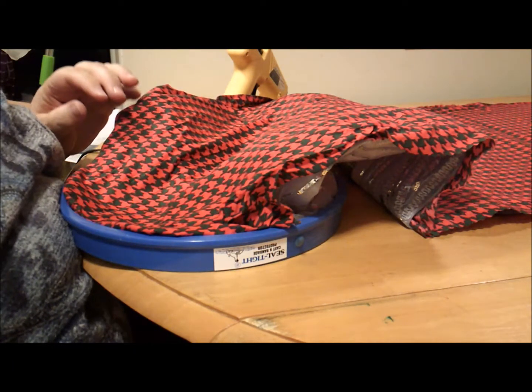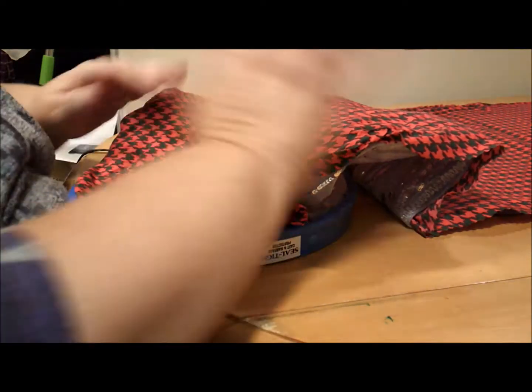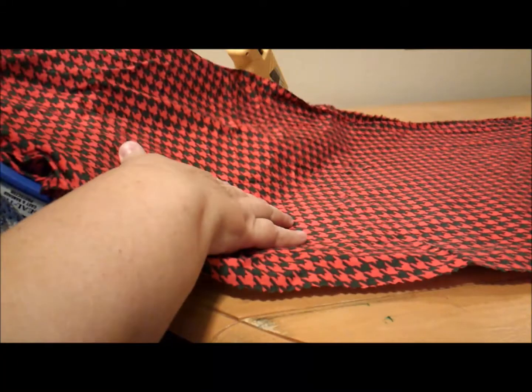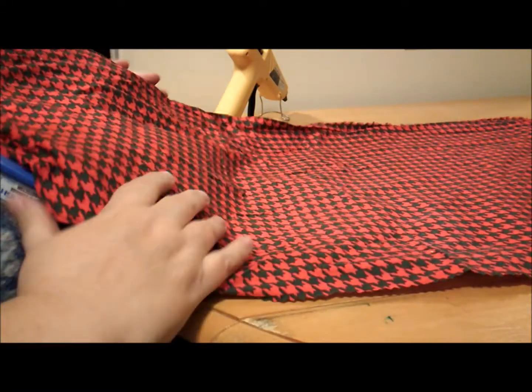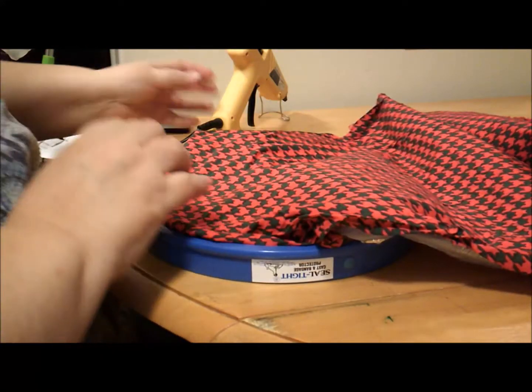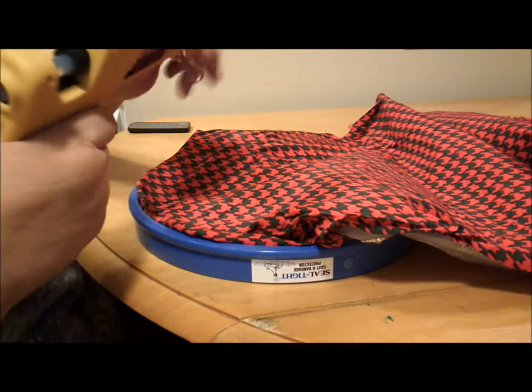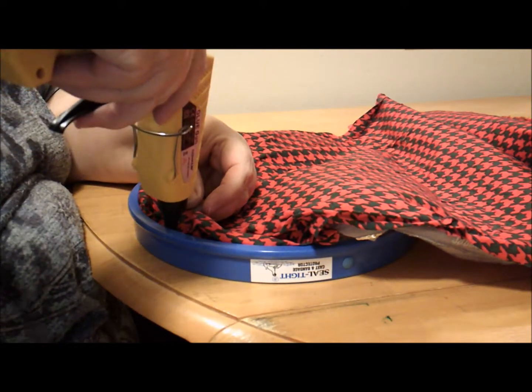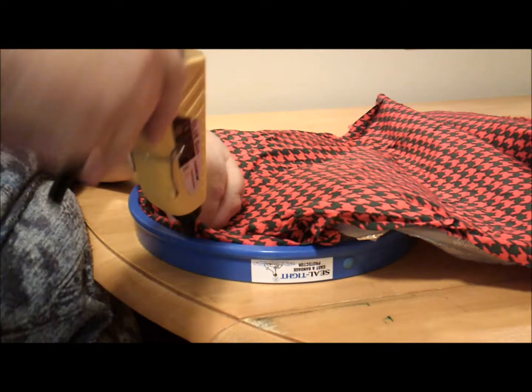Well, there's been a slight change in plans. I have gone to a cloth backing. I could not get the deco mesh down, so I went to this. So now I am going to glue the cloth onto the rim. This will just take a moment here,